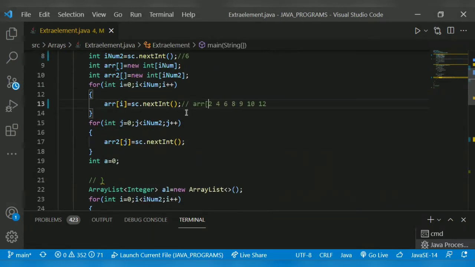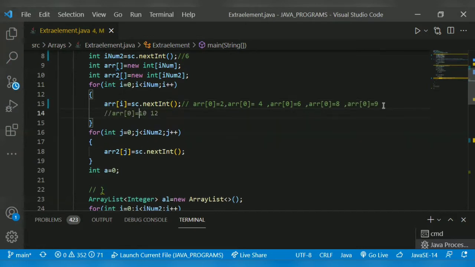So arr of 0, for i is equal to 0, it will get input 2.